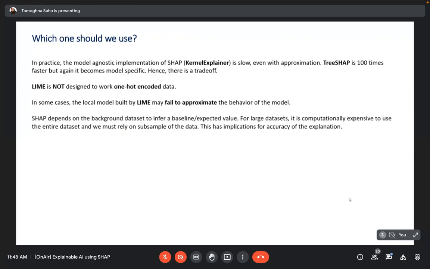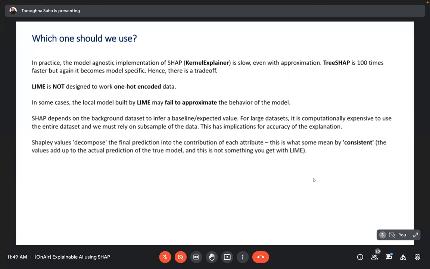So it's likely to vary. SHAP depends on the background dataset to infer a baseline or the expected value. That baseline, or the background dataset that I was talking about, is where we keep some of the features fixed but fluctuate one particular column value. Depending on that background dataset creation, it becomes very computationally expensive if it's a huge dataset, like millions of records. Even if you take a sample of 10,000 rows, it still becomes extremely computationally heavy. So in the end, it's a trade-off between accuracy and speed of execution. It's going to be your call.